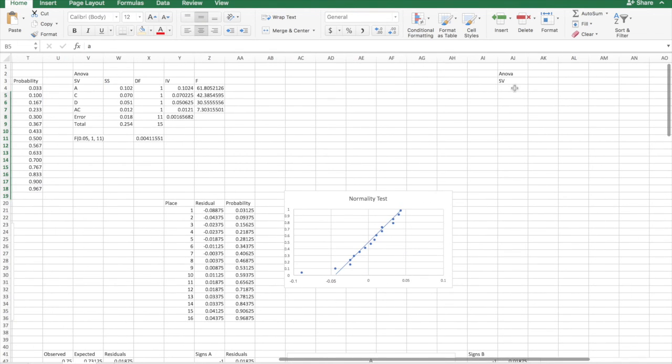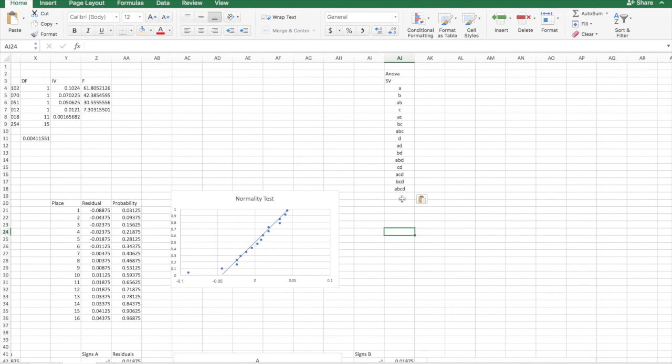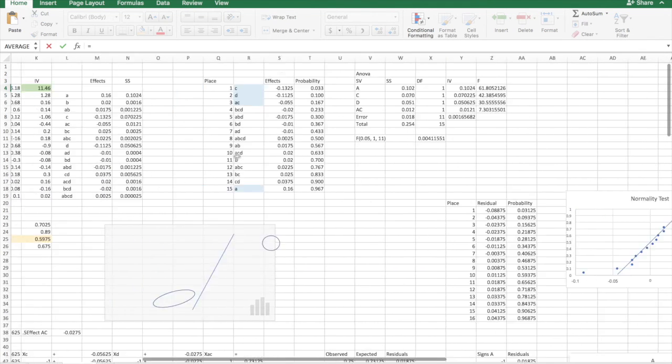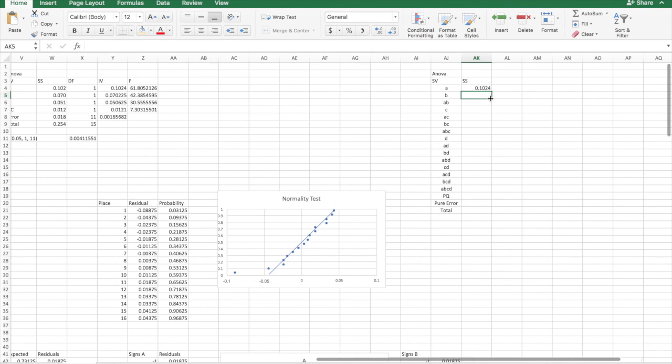We're gonna do every single one. Yes, paste. Then we're gonna add here the pure quadratics, the pure error, and the total. So in here we have the sum of squares, and in here we already calculated the sum of squares. In here we just click it, the ones we have,